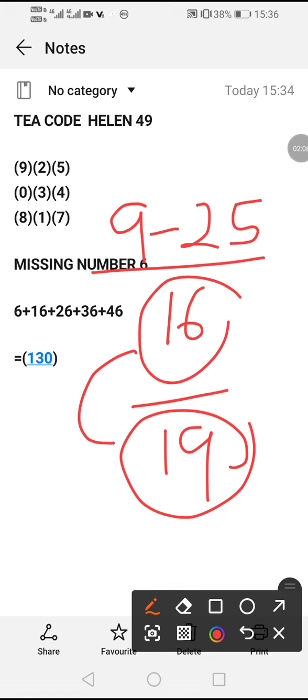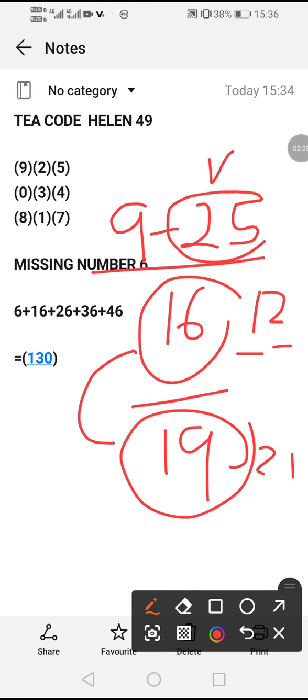And then normally these numbers, they go like this. It's a 16 there, it's a 12 there, it's a 21. You understand? It's like a sequencing according to the odds. 19 is an odd, 21 is an odd, 16 is an even, 12 is an even. So she can hit something like that. And remember, this number is very hot. This 25, it's hot because I can see it's sitting on 82.7%. So it means that it's very hot.